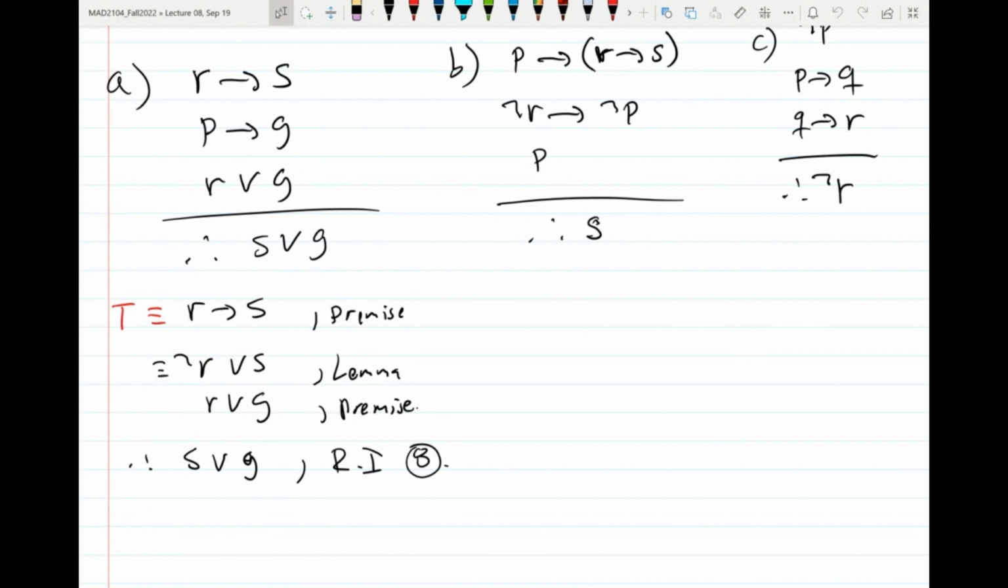So let's see. We begin with one of the premises. In this case, we know R implies S is true because it's a premise. So we begin with that. Then we can use our knowledge of logic to break this into an OR statement. If this is true, then this OR statement must be true because they are equivalent, right? Remember, R implies S is the same thing as not R or S. Now, why do we do this? Because now we have this OR statement that's true. We have this third premise over here, R or Q, and when you match these two together,